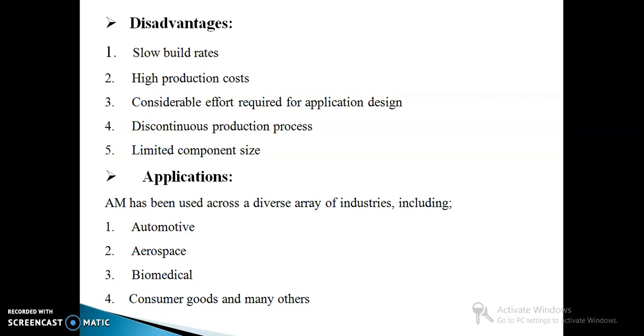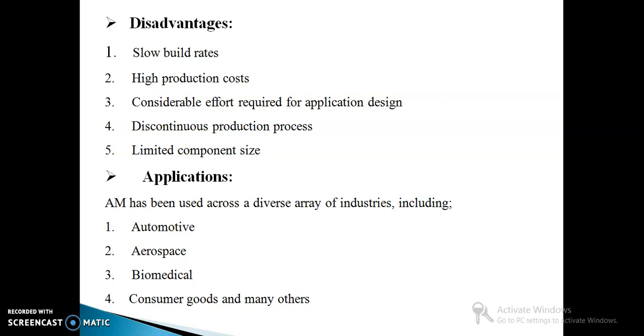If the component is complex, then we need to take effort to design your product properly in your CAD model. Okay. Discontinuous production process is one of the disadvantages. And limited component size: according to the table size, your component size is limited. Length and width are given by the table for your AM process. These are the disadvantages of your additive manufacturing process.